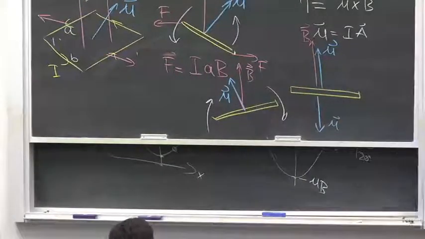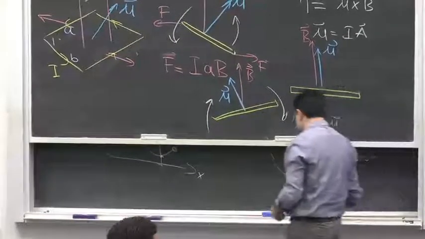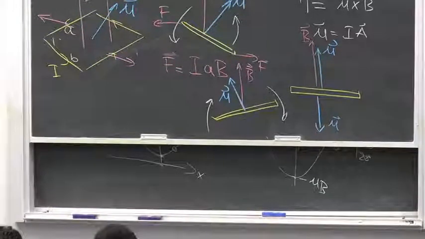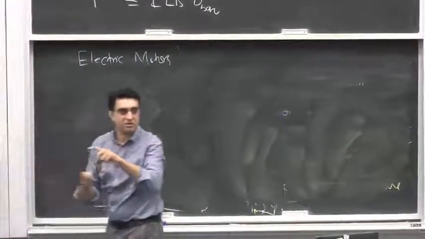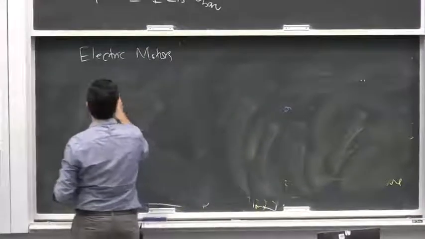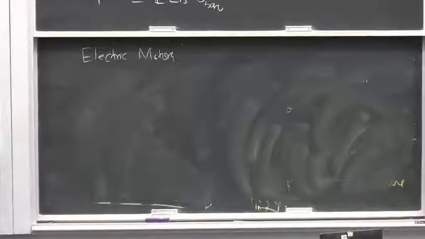So the next question would be, can I make this motion a continuous motion, not just one motion, but rather a full continuous motion? And that's what electric motors are. That's how an electric motor works, that they make this circular motion a continuous motion and not just one cycle or half a cycle. So how does that work? So what you have is